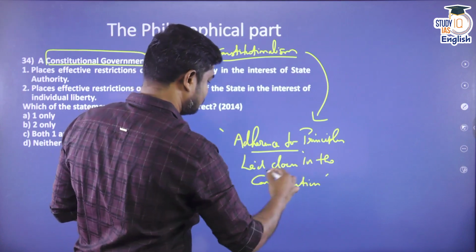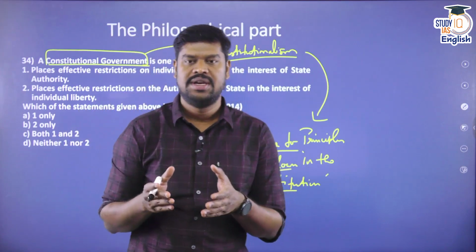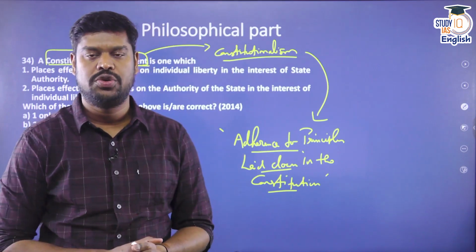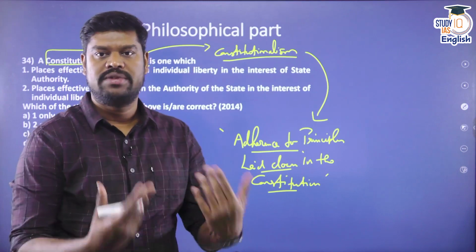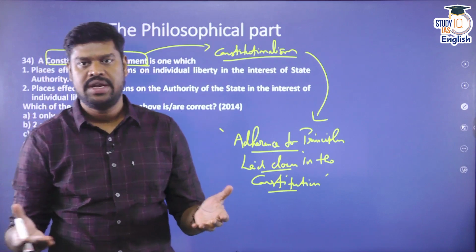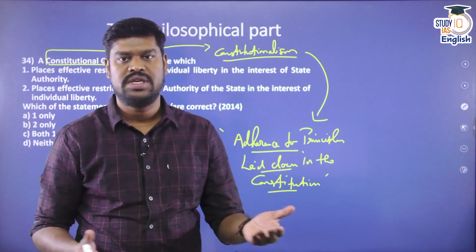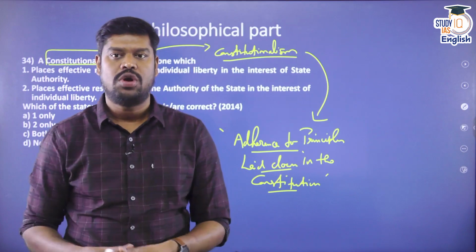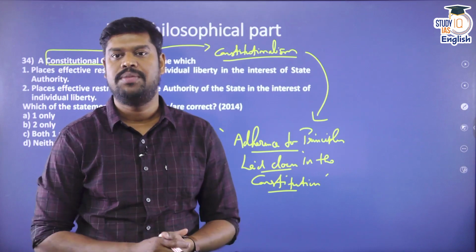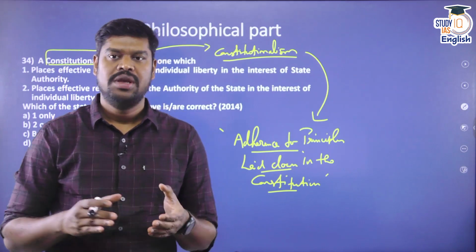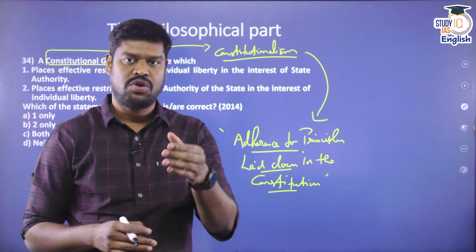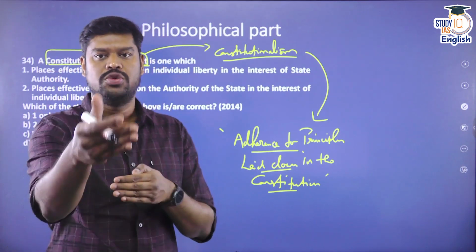In fact, there is a term called banana republics. A banana republic is a country which has a constitution but there is no respect for the constitution. The constitution says something, but whatever is actually happening in that country is an entirely different thing. There are also a few neighboring countries of India going through such a political turmoil, where the constitution is saying something but what actually happens is something else. The countries are led by the armies rather than by the democratically elected government. Such countries are examples where there is a constitution but there is no constitutionalism.